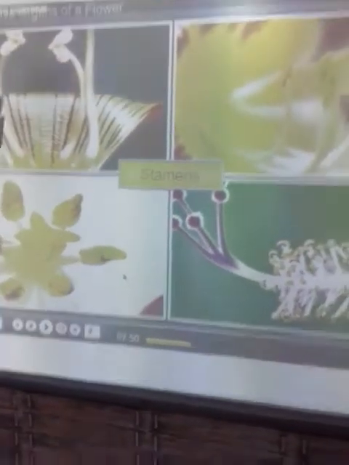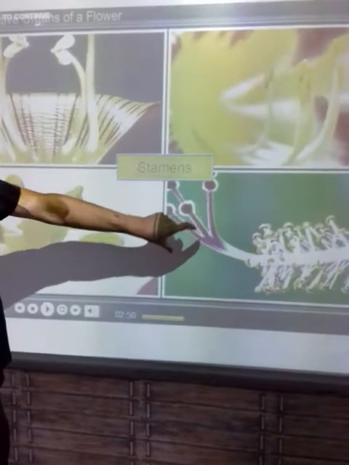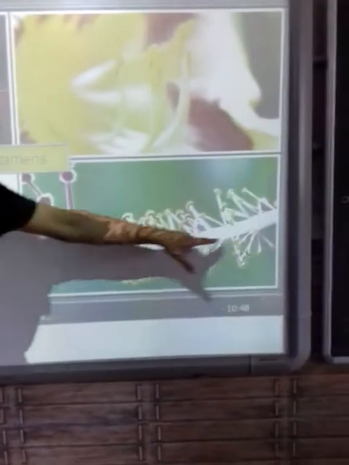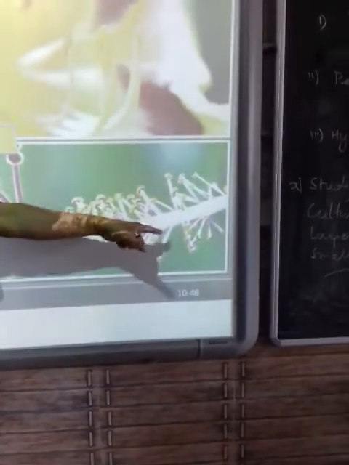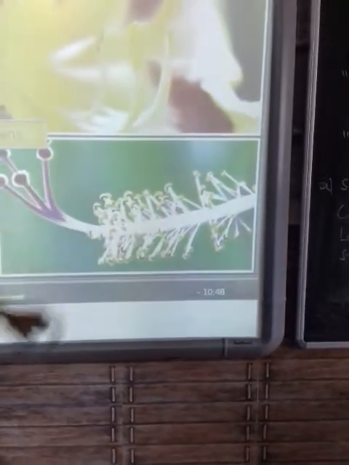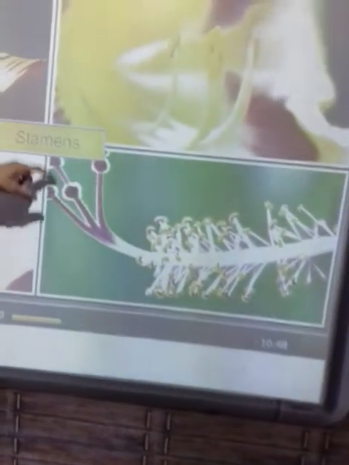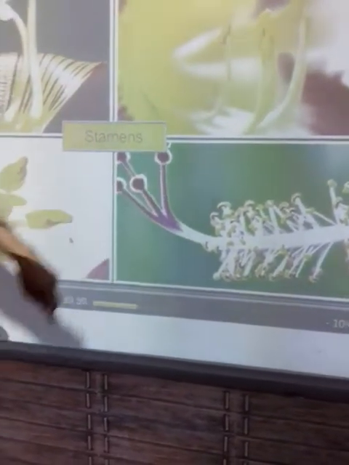Here you can see the different types of stamens they are showing. This is the stamen which you find in hibiscus. You will see this is the stigma which is passing through the style, and the anther lobes. The anther filaments are monadelphous. They form a single tube. Inside this tube, the style and the stigma come out, and they are divided into 5 parts. This is called a pentafid stigma.